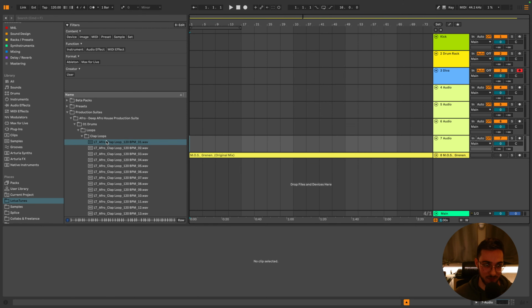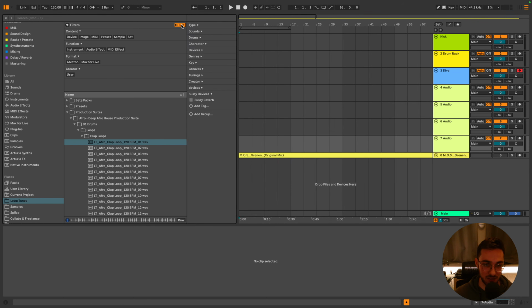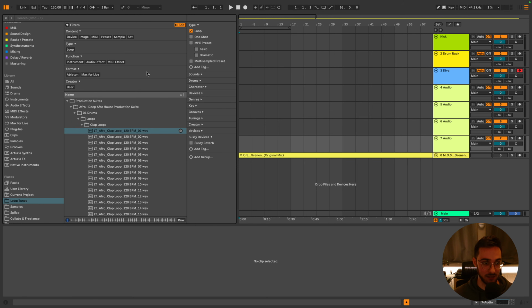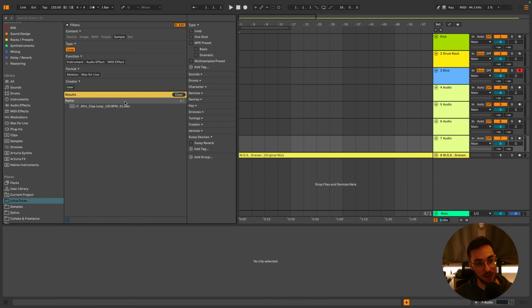or one-shots, because now I would have to open up this editing panel over here and open up type. This is a clap loop, right? Let's highlight it as a loop. You can see loop. So whenever I highlight loop, that tag or that specific sound that is tagged with loop